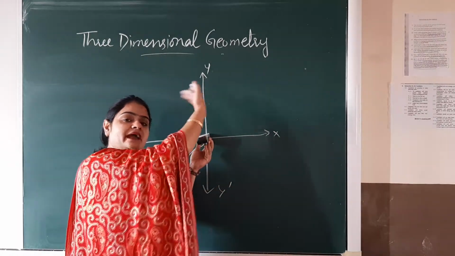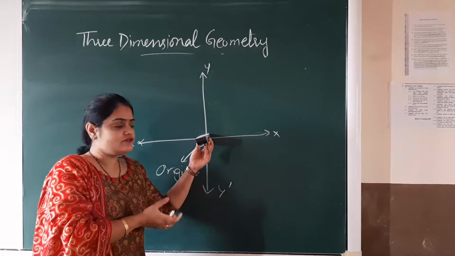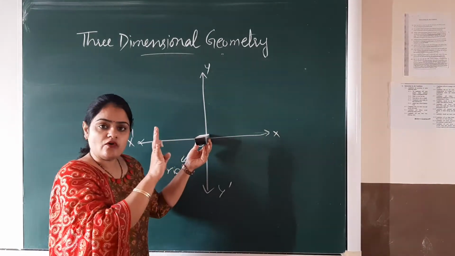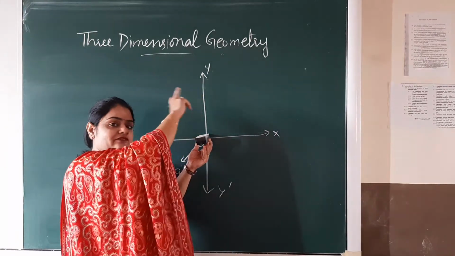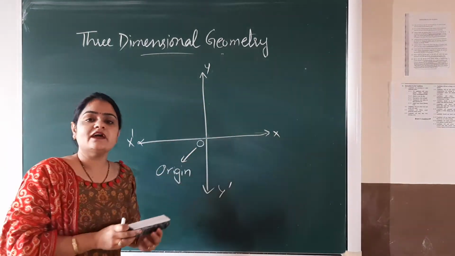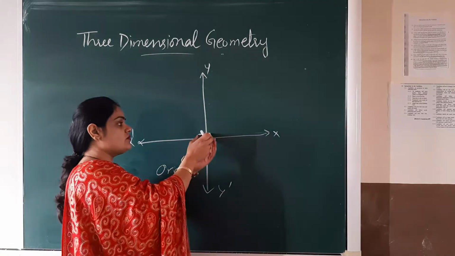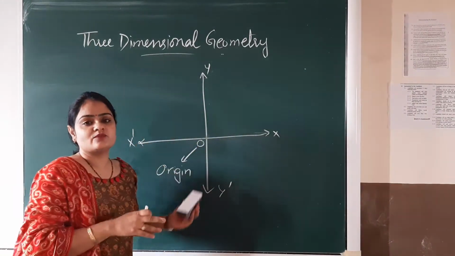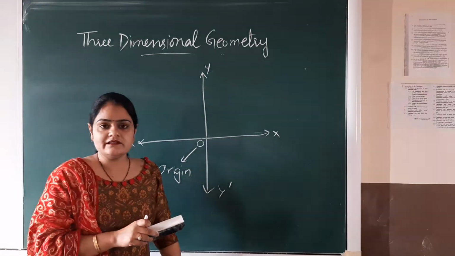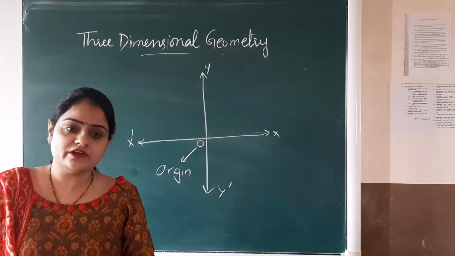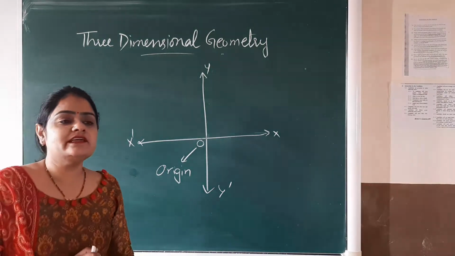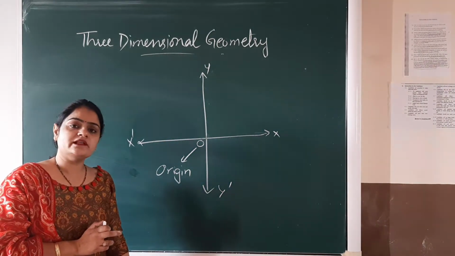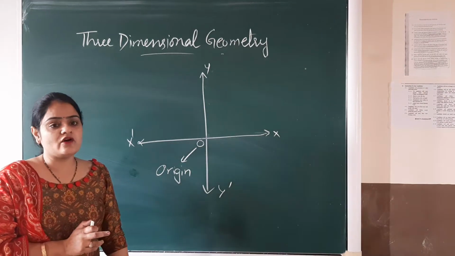And of course, on the back side of the board, there is also the negative z-axis. Then four octants are also there, 5th, 6th, 7th and 8th. So we are having 8 octants, 4 octants in front of the board and 4 octants at the back side of the board. Hope the word octant is clear to you. What do you mean by octant? I have already sent one video regarding the octant, kindly see that video. It will be more clear to you what is meant by octant.